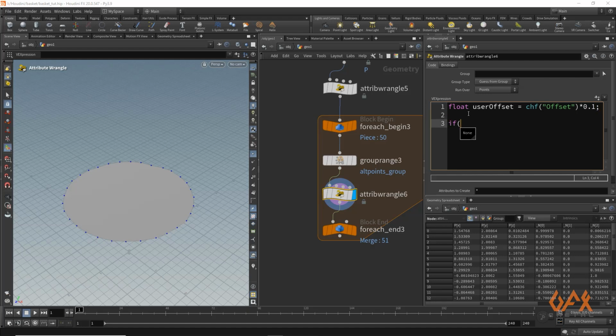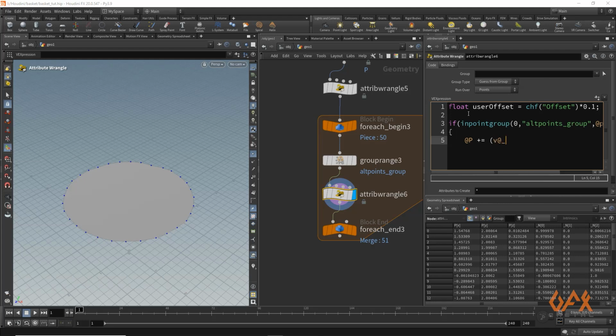If in point group 0 comma alt points underscore group, in double inverted commas, over at ptnum is equal to 1, then at p plus equal to, in bracket, now I am going to write down v